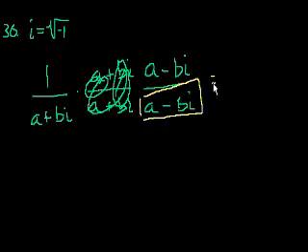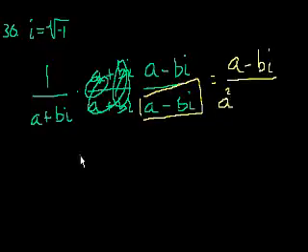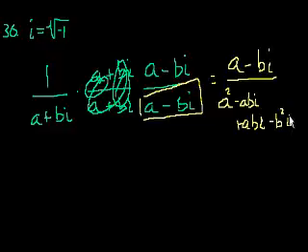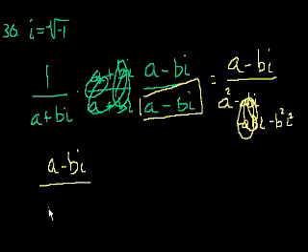So let's see what this is equal to. Well, the numerator just becomes a minus bi times 1, which is a minus bi. And you have a times a, which is a squared. a times minus bi, so it's minus abi. Then you have bi times a, which is plus abi. I'll write it down here, plus abi, and they cancel out. And then you have bi times minus bi. So that's minus b squared i squared, right? So these cancel out, and you're left with a minus bi over a squared minus b squared